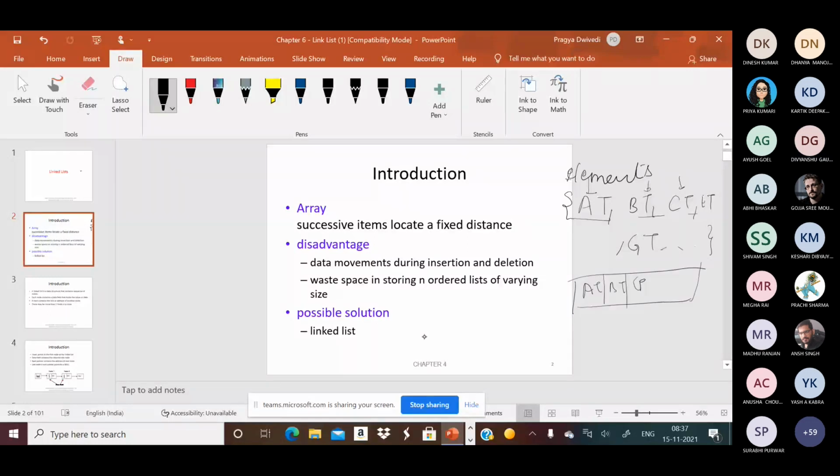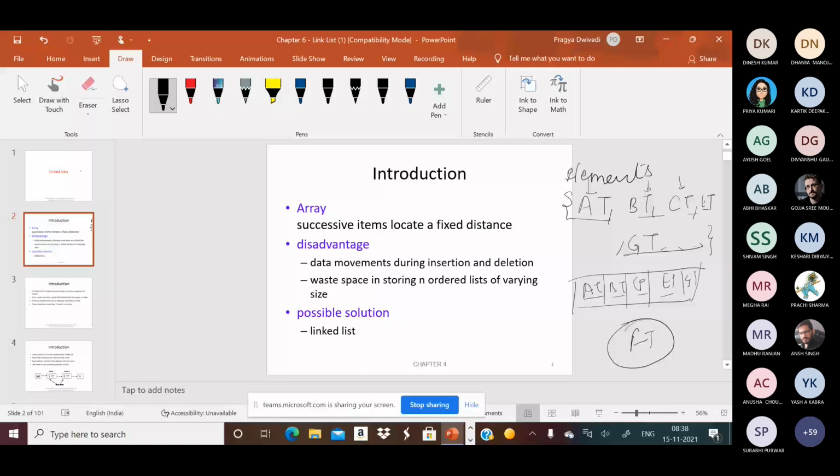Now, if I say you want to insert FT in this list, and it is an ordered list, what is the proper place to insert FT? After ET you can insert this element FT.